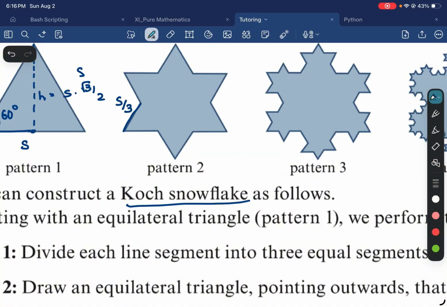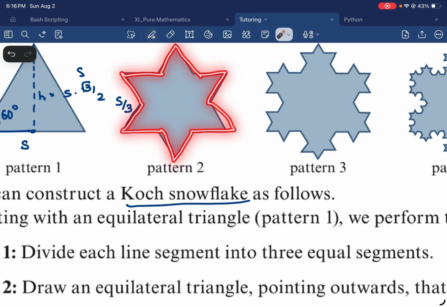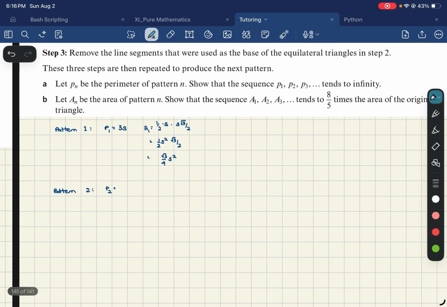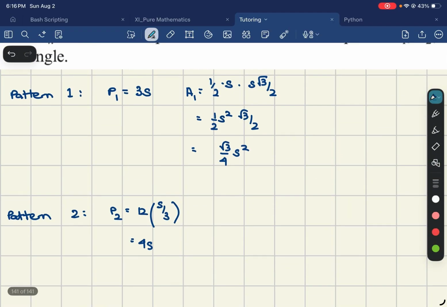Right? And now let's look at how many sides we have. 1, 2, 3, 4, 5, 6, 7, 8, 9, 10, 11, 12. So we have 12 sides. So our perimeter is just going to be 12 times S over 3, which is going to be 4S. All right. And now,